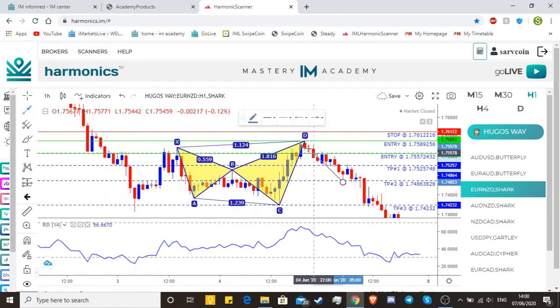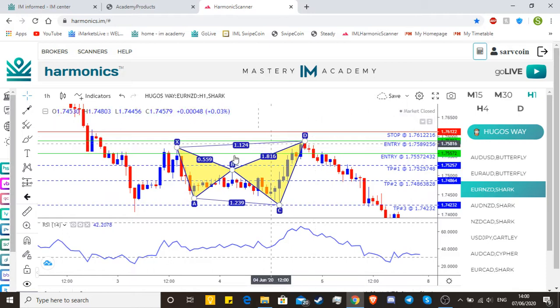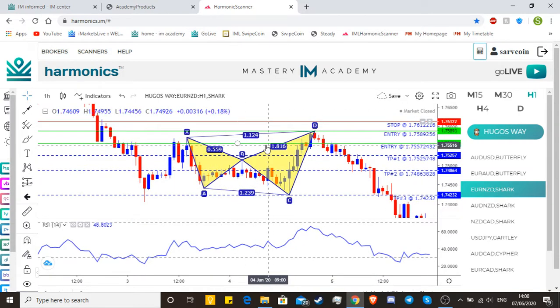Let's say you messed up for some reason, whether it be news or some other reason, and your trade just doesn't go into profits. Stop loss basically secures or keeps your money safe so you don't lose too much money, if that makes sense. I like to refer to it as a safety net. Cool, so that's done. And again, don't worry too much about what each of the letters or numbers or the